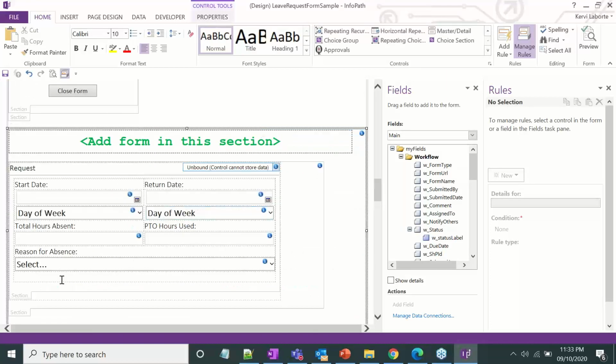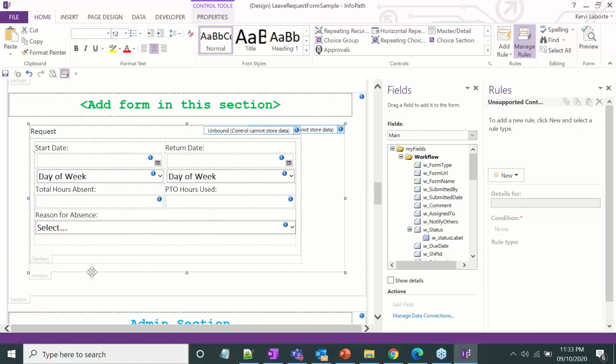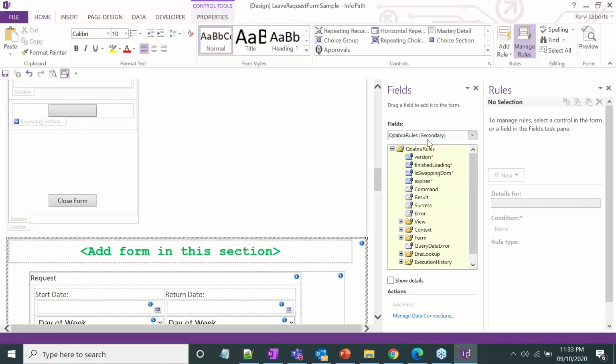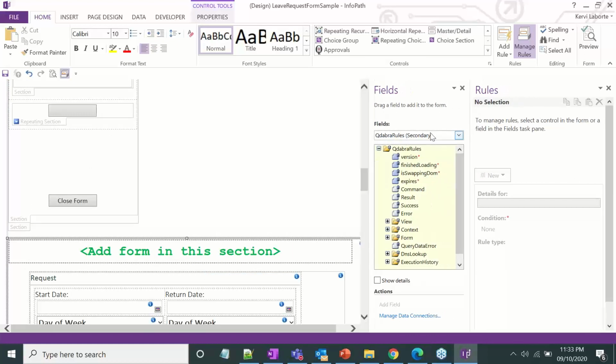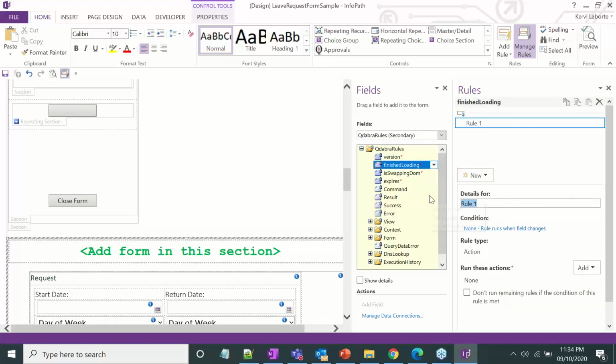So I'm just going to paste that in there, and then center it. Once that's done, we're going to go to the Qdabra rules secondary data source here. If you don't have the Qdabra rules in your form yet, you can just inject it using the Forms Viewer app. Once that's injected, you can go to the finish loading node and just add a rule here